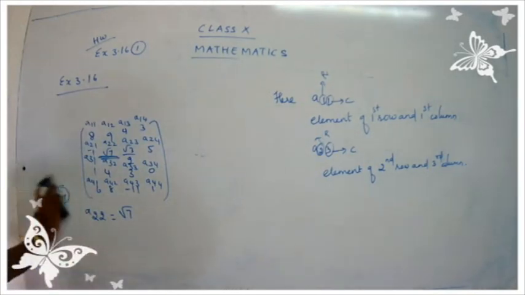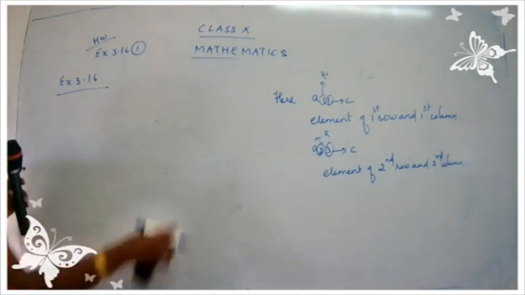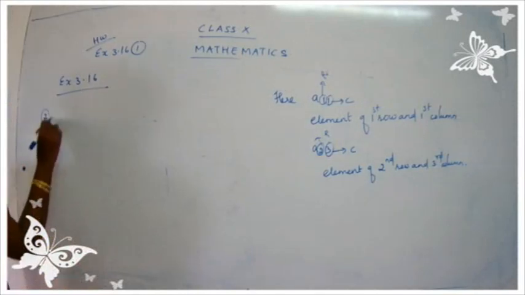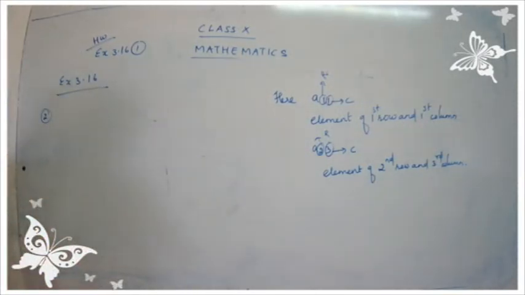Yes, children? Okay. So now we are going to start with sum number 2. Take down question number 2. So from exercise 3.16, the first question will be a homework. Take down the second question. If a matrix has 18 elements, what are the possible orders it can have? What if it has 6 elements? So they have given you two things. If a matrix has 18 elements and 6 elements, what are the possible orders it can have?